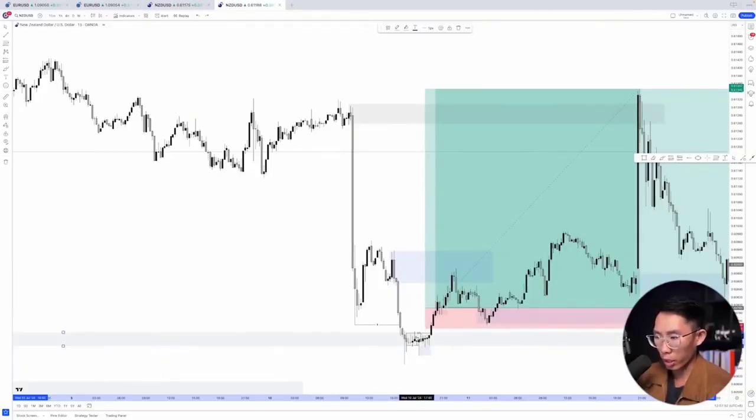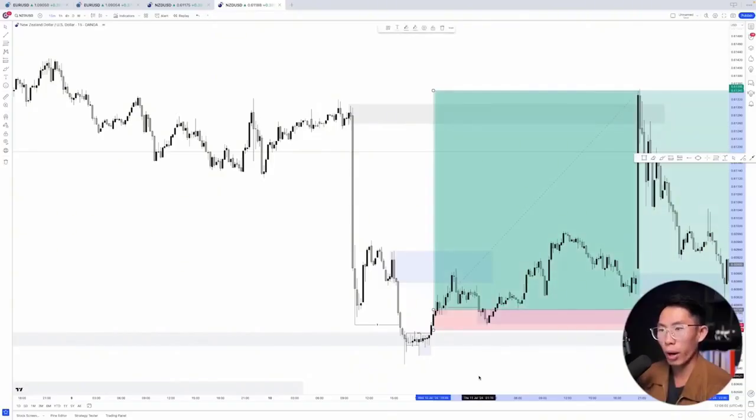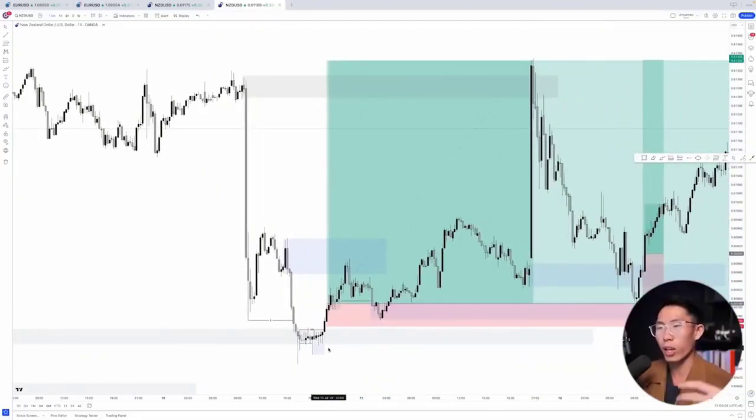That is when I waited for the market shift, waited for liquidity to be swept, right? Got all my confluence, then I enter for my first trade right here, right? So I was actually looking for my second opportunity, but I didn't get any because price was just going up